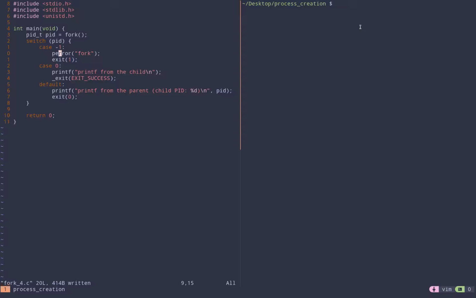So case -1, we have an error. Case 0, that means we're in the child, so we print out from the child. Default, well, if we're not -1, we're not 0, the only other option is that we're in the parent, and the PID must therefore store the ID of the child process. So if I run this, if I make it again,